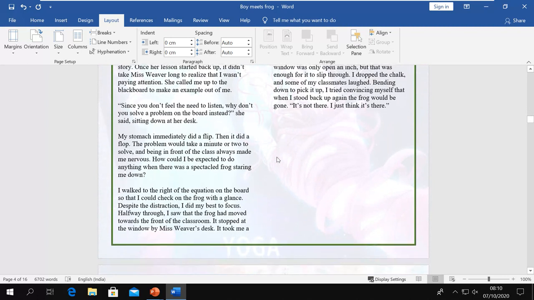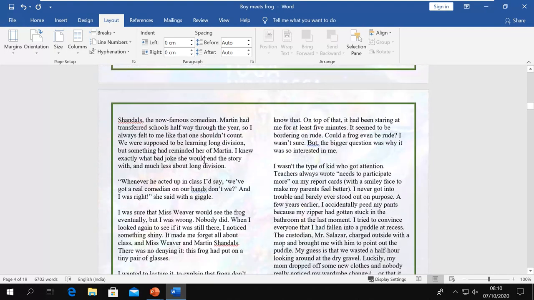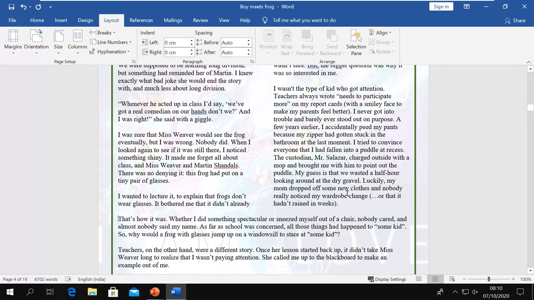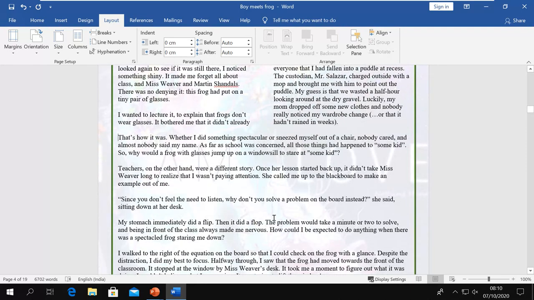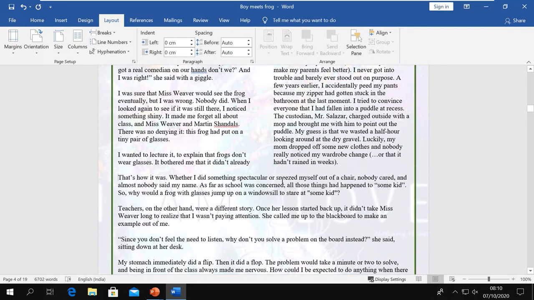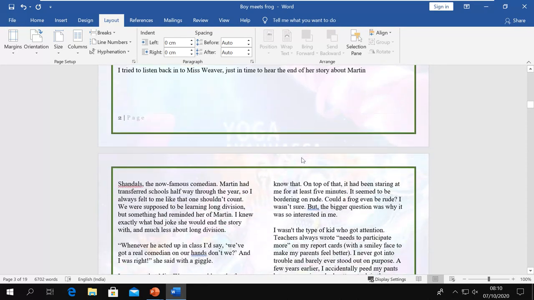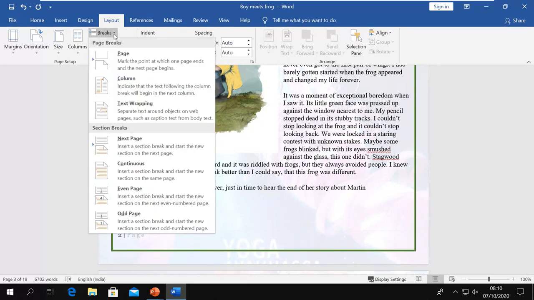Now for that section, I can convert it into single column. Here it is. So from here I break it. Now you can see in the single page you have two columns and you have a single column also. That means in the single page we have two formats. So that is what these breaks do.